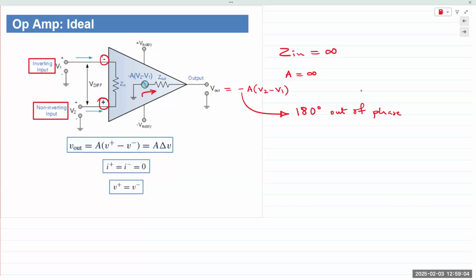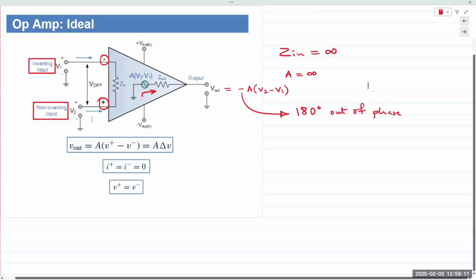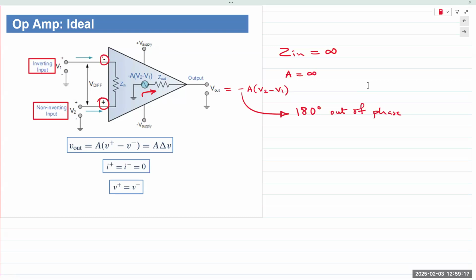Okay. So what if we ground one terminal, either the inverting or the non-inverting? If we connect it to ground, the voltage at one terminal is 0. So what is the voltage at the other end? 0. So if it's 0 at both ends, we can say they are virtually shorted together. If one terminal is grounded,